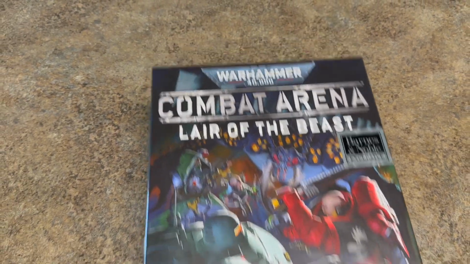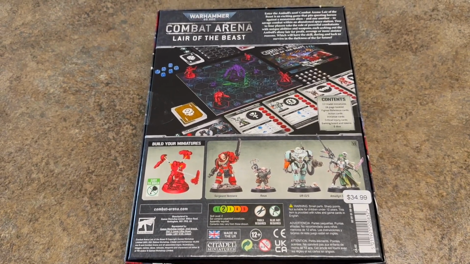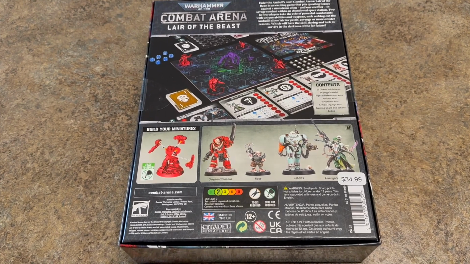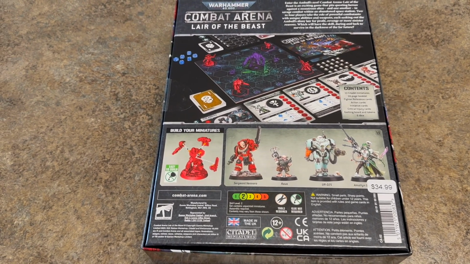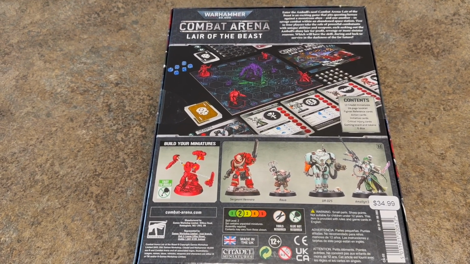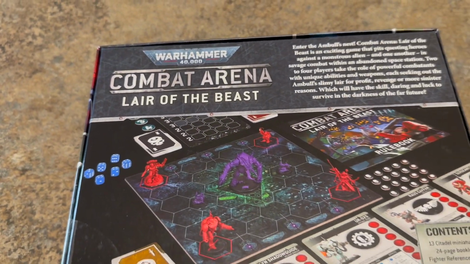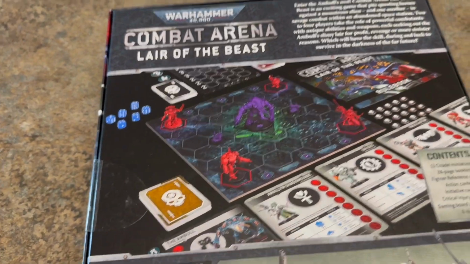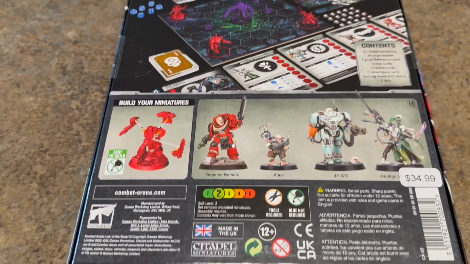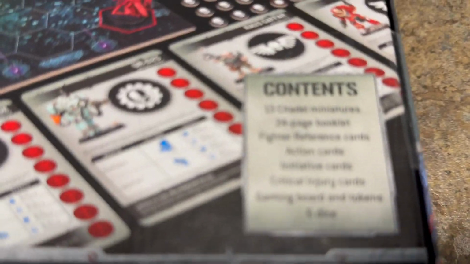And so basically this is yet another Games Workshop board game that tries to be an introductory, easy way for the company to introduce new people to Warhammer 40K. And one of the cool things about this particular board game is that it includes most of the miniatures from the Warhammer Quest Blackstone Fortress game. And I believe there's 13 miniatures,